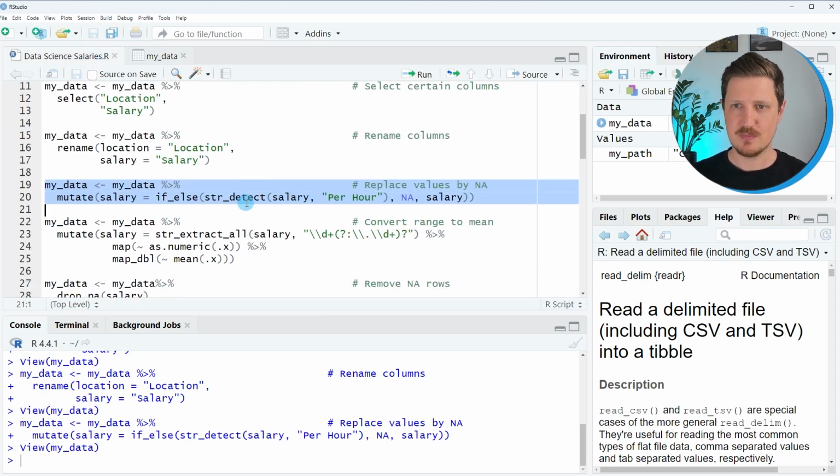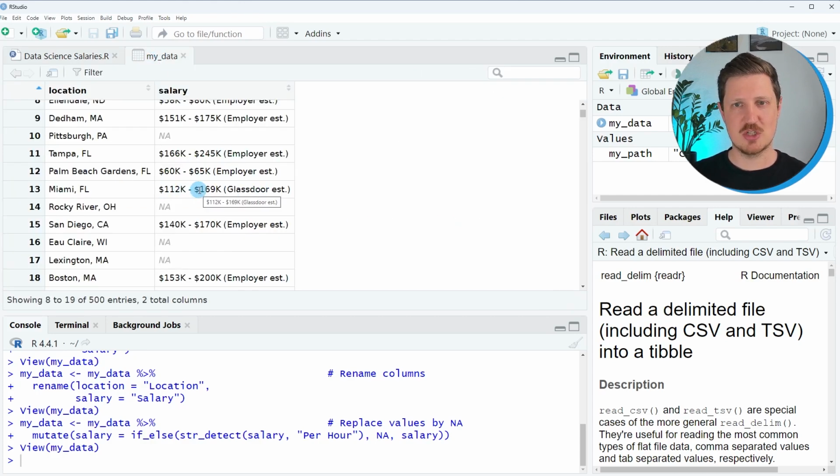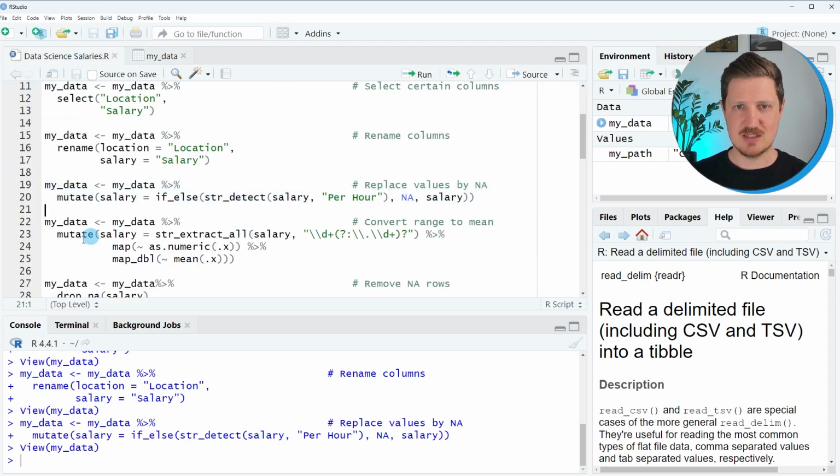In the next step, I also want to extract the numbers of these ranges, and I want to calculate the mean value of these ranges because I want to convert the salary column to a numeric column. We can do that, as you can see in lines 22 to 25 of the code. In these lines of code, I first specify the mutate function. The mutate function is used once again to update our salary column, as we already did in line 20 of the code. However, within the mutate function, we specify this time that we want to use the str_extract_all